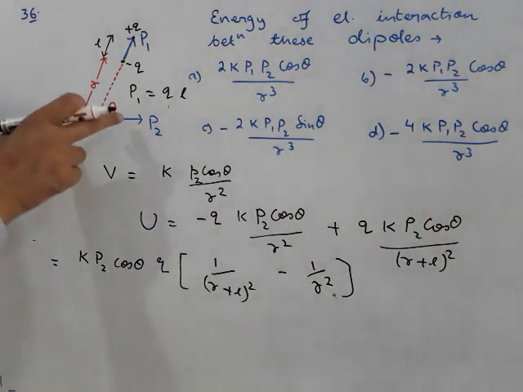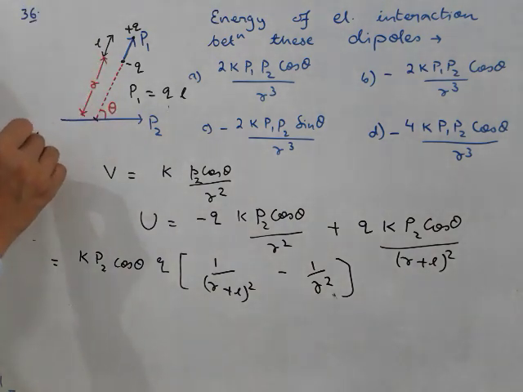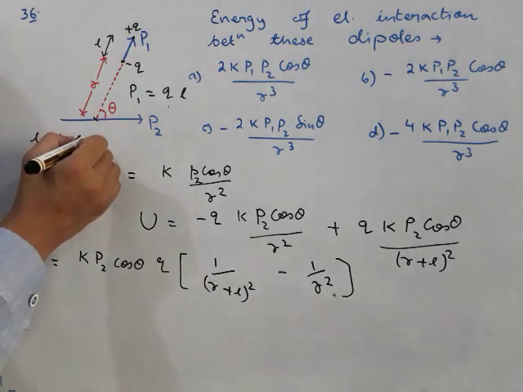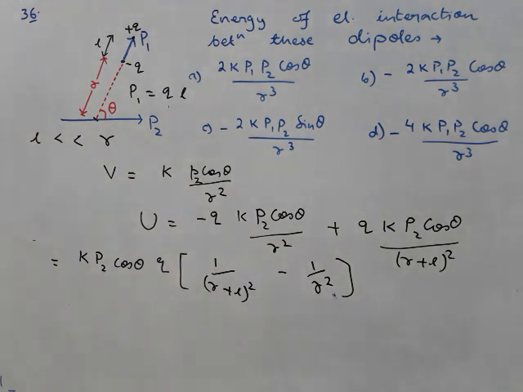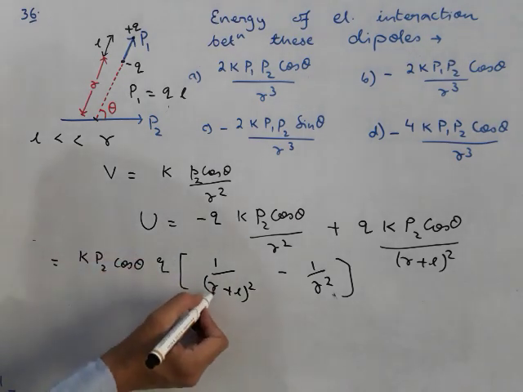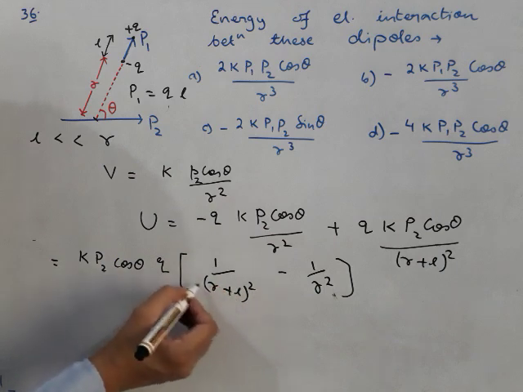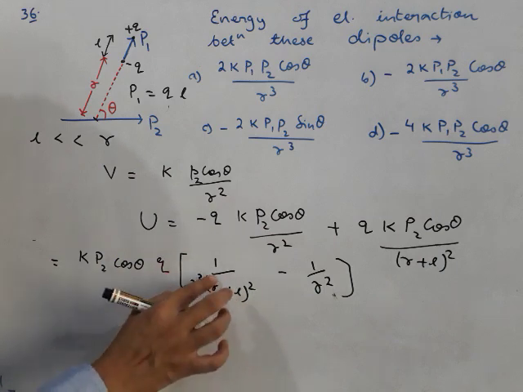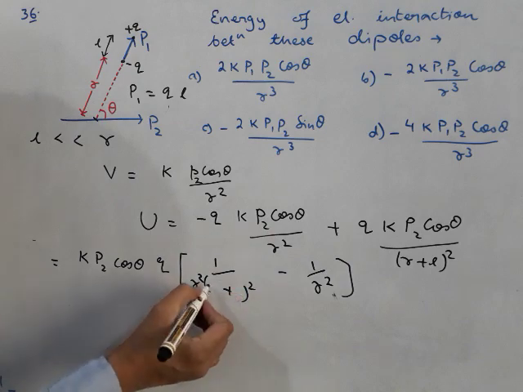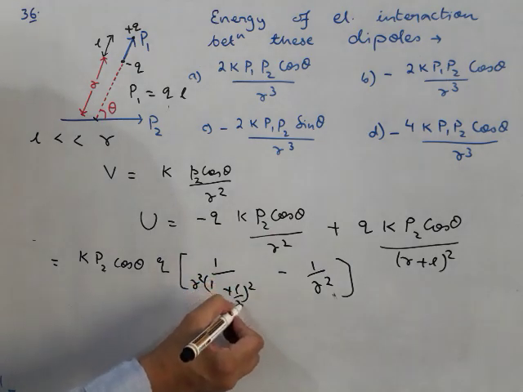It is given that these dipoles are short, so we will assume one approximation: the length of this dipole, L, is very small compared to this distance R. Now how do we calculate that? Here you have to use binomial expansion, students. Let's see how we do that. First of all, in this denominator, if you take R common, that will come out of this parenthesis as R square, and this will become 1 plus L by R.